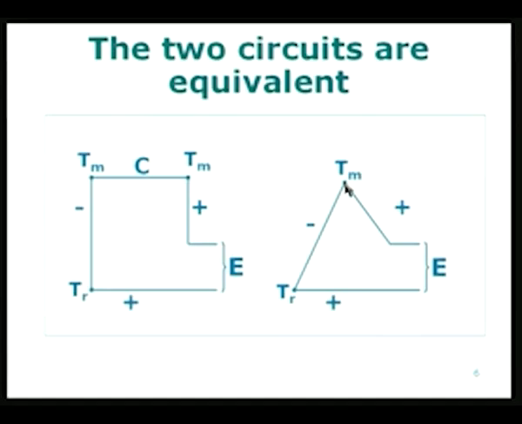I have got a single junction at temperature Tm, Tr, and I have got a negative wire and the positive wire, and this particular thing is missing. These two are equivalent. That means that whatever potential difference I am going to measure across the terminals in the first circuit is exactly the same as the one I am going to measure in the second circuit. That means that this extra wire, which is at a uniform temperature equal to Tm, is not going to affect the measurement. And if I go back to the